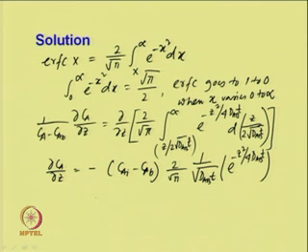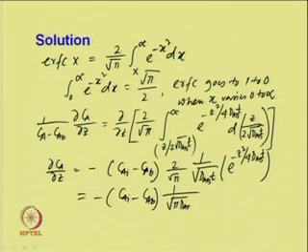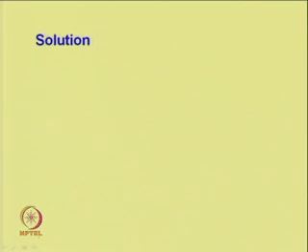So, this will be equal to minus (C_AI minus C_AB) into 1 by root over pi D_AB t into e to the power minus z square by 4 D_AB t. The mass transfer at any position z at time t